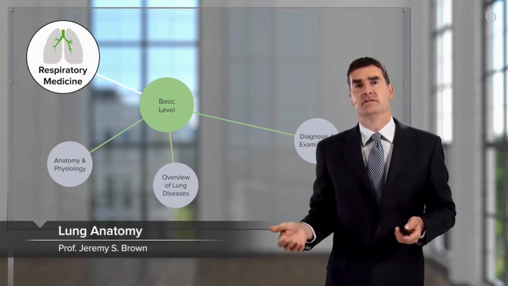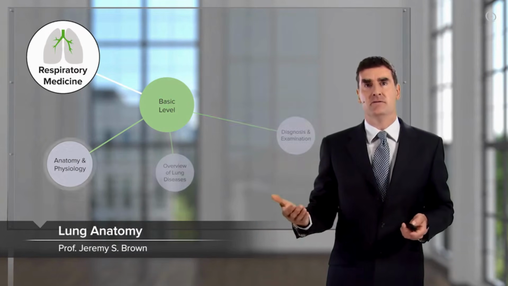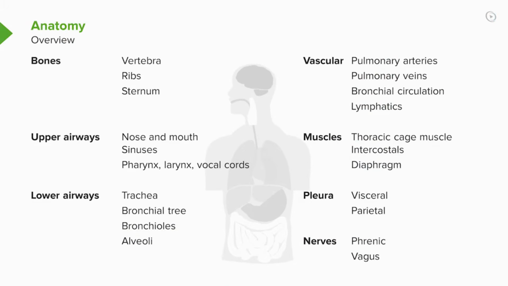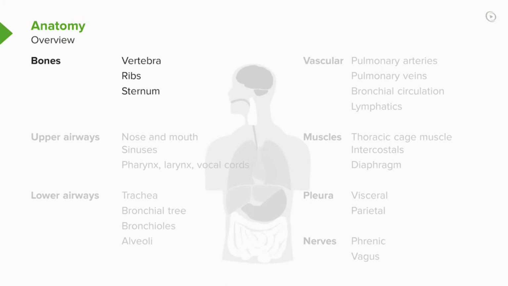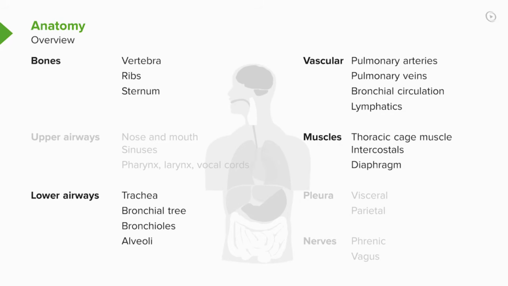On respiratory disease, I will discuss first the anatomy of the lung. And the anatomy of the lung includes the bones, the vertebra, the ribs, the sternum, the lower airways, the trachea, bronchial tree, bronchioles, and alveoli, the blood supply to the lungs, the pulmonary arteries, veins, and the bronchial circulation, as well as lymphatic drainage, the muscles that move the lung, the thoracic cage muscles, the intercostals, the diaphragm,